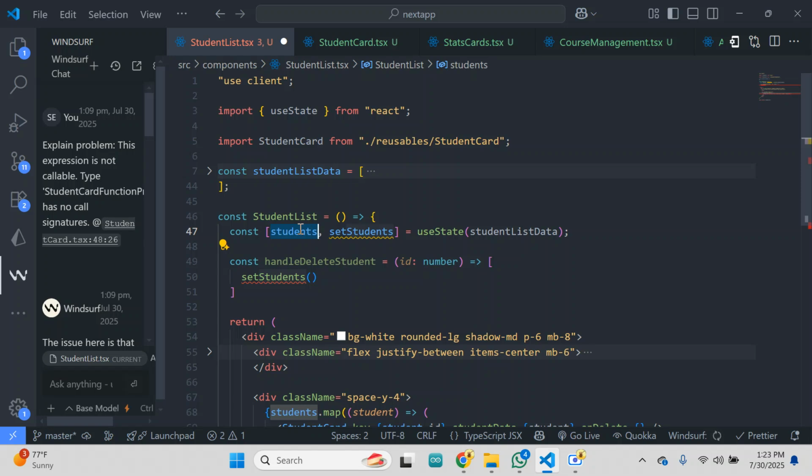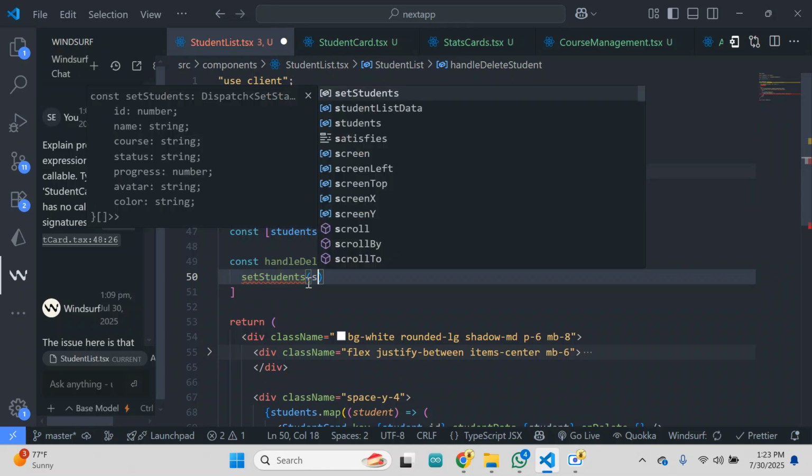Here we are going to use what we call a filter. We are going to filter those students and take the ones without the same ID. Here let's put students